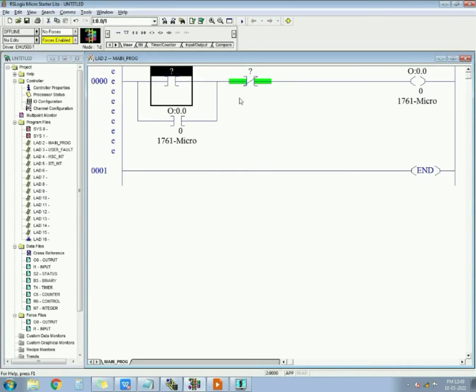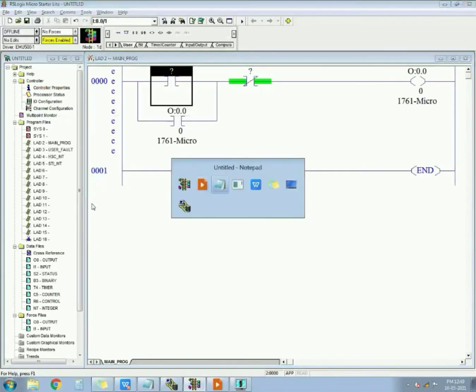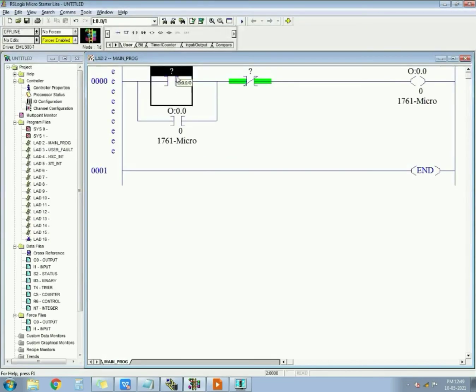I can give addressing of 0 or 1, because in start I am using NO, so I can give addressing of a NO push button. NO is available in input number 0 and input number 1. So I will give addressing of 0 or 1 over here.